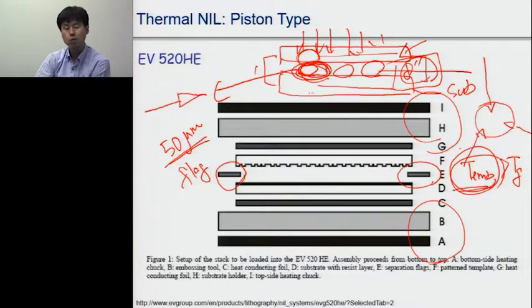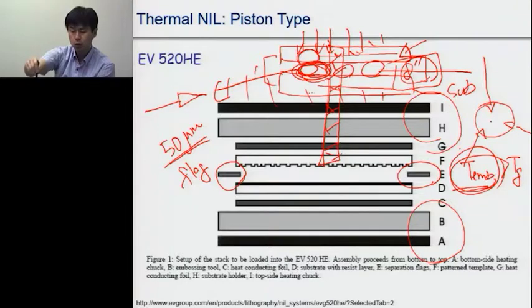Right before we apply the pressure everywhere, there is another rod positioned in the middle. That stick comes down and presses the middle first,